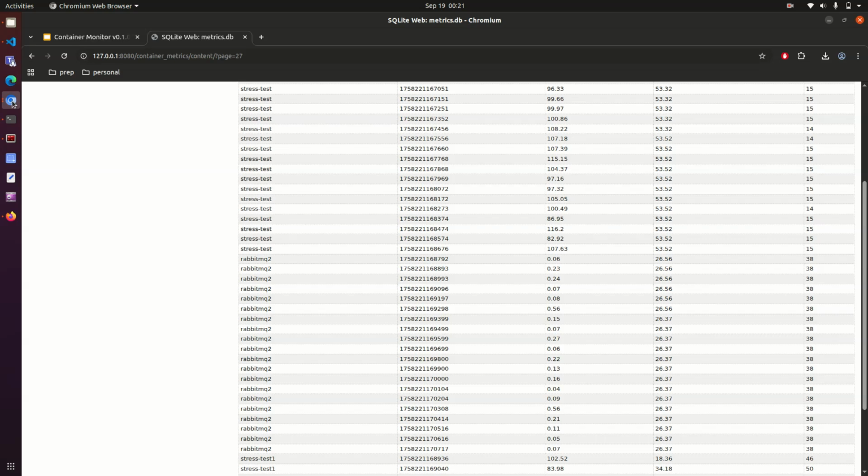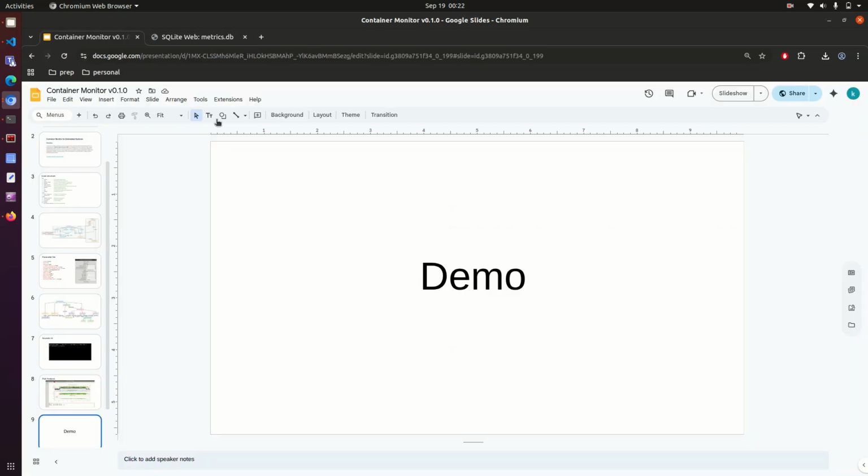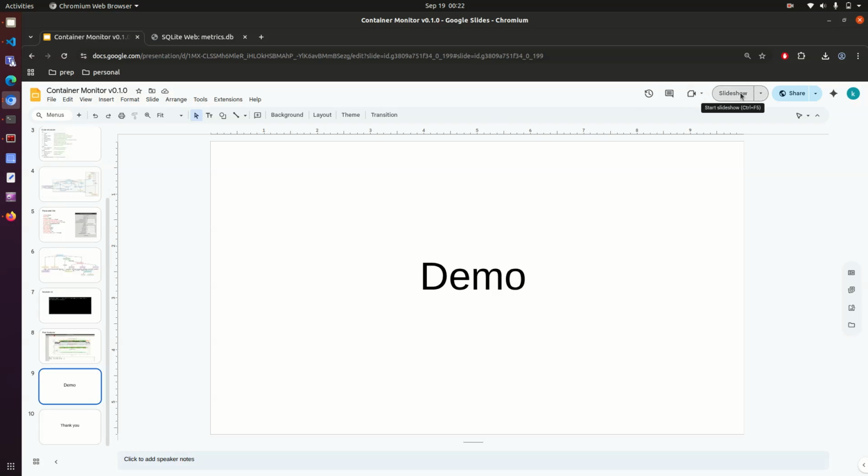Okay, so this is the demo, and there are a lot of things which have to be added over here, such as a much finer sampling rate. I have not tested this system extensively. I would like to have somewhere around 40 or 50 containers running in parallel, and see how they perform. A lot of testing I have to do, but as this is the first version,